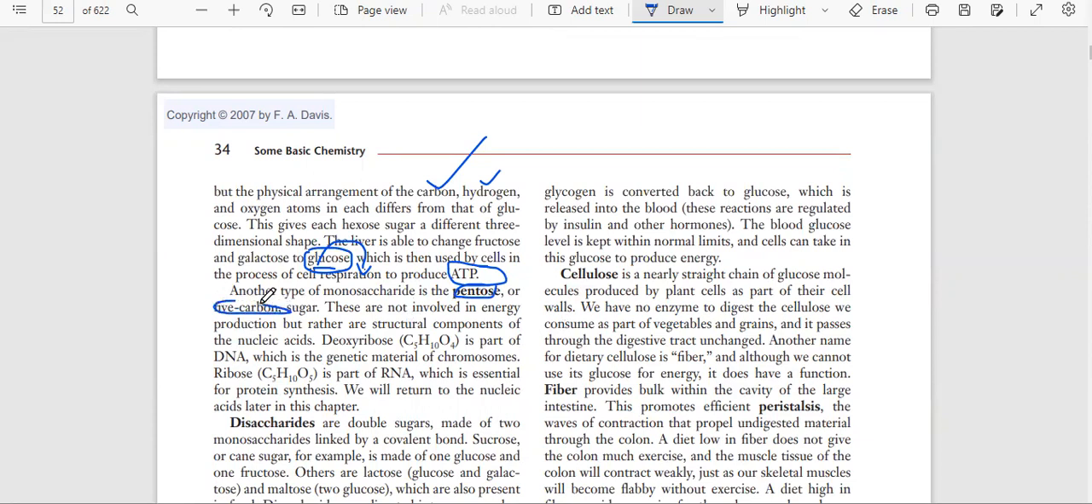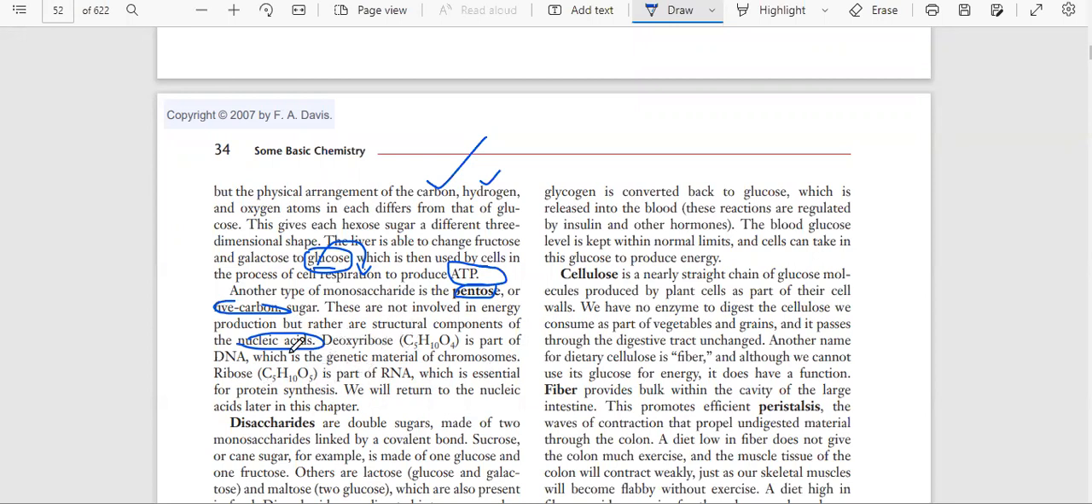So if more sugars are added, then absorption and metabolism become tougher. They are not involved in energy production, but rather are structural compounds of the nucleic acids. So basically, monosaccharides, these sugars, are used for nucleic acids. Whatever nucleus we have, it will be utilized in. Okay, then in this we have,